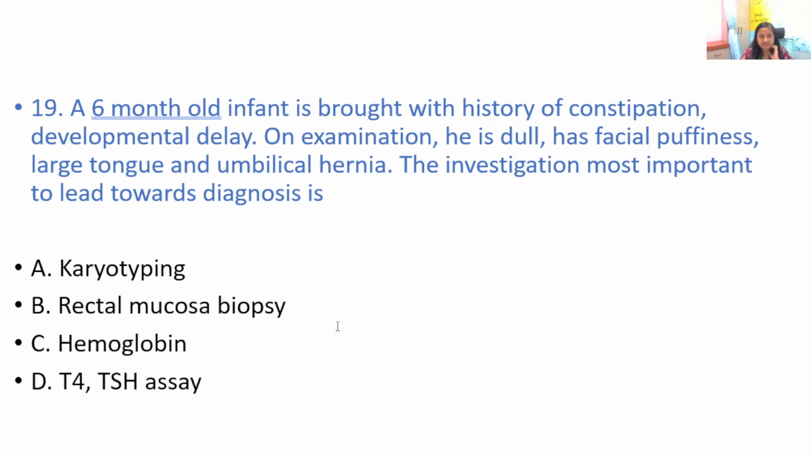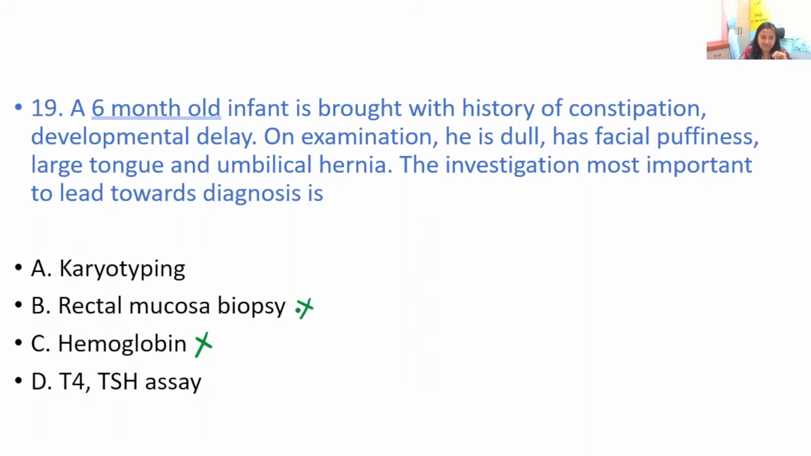Now hemoglobin has nothing to do directly with the developmental delay or umbilical hernia. So we will rule out hemoglobin here. Constipation, yes, Hirschsprung disease, it can point towards that, and rectal mucosal biopsy will be helpful. But again, Hirschsprung disease has got nothing to do with other things directly mentioned over here, developmental delay and umbilical